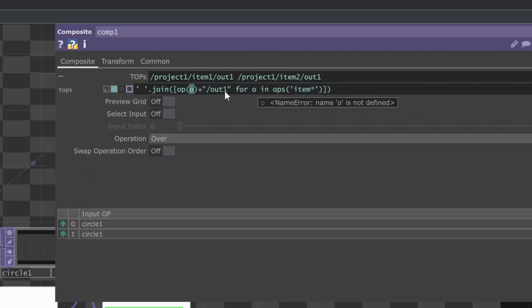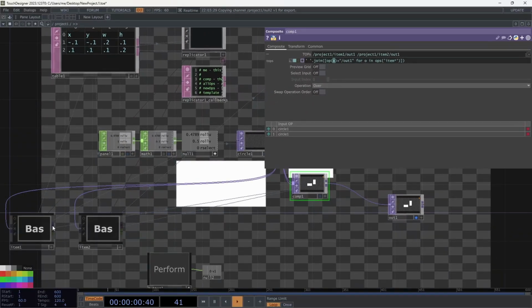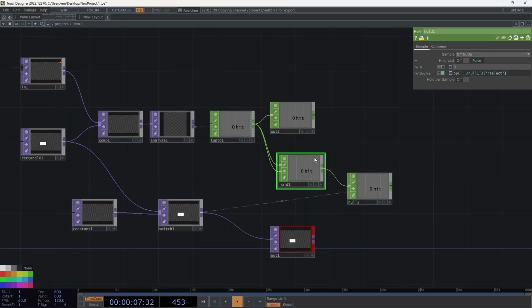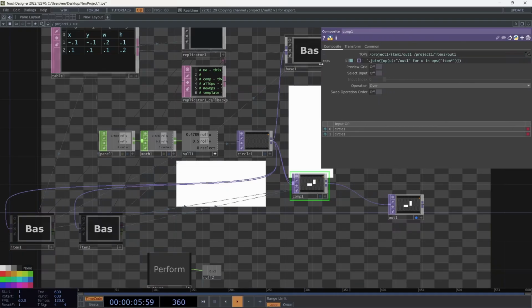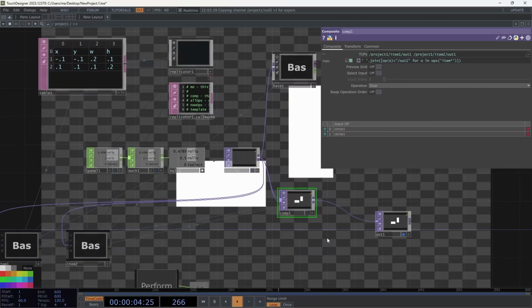It's fine. And then I added this plus slash out 1. And that's because we have inside that operator, item 1 or item 2, there's an out 1 operator, a top, which feeds this output here. So rather than trying to access the top output here, which I could not make happen, instead I just went inside here and referenced the operator right here called out 1. So it's kind of a little bit of work, but paid off, I think, because it allows me to have kind of like a variable list of tops that get included in the comp. So that's cool. That's one thing. The other thing is,